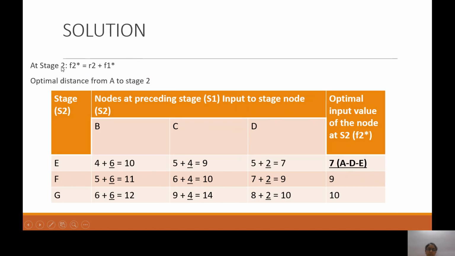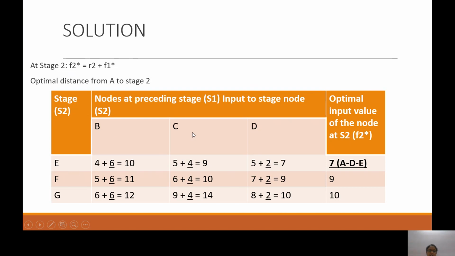Table 2 or stage 2, recursive equation. You have to note that you have to write the recursive equation for each stage properly. Okay, this carries marks in your exam also. In the marking scheme, half a mark or 1 mark is given for your recursive equation. So you have to develop this and write it for each and every stage before you show the calculations. So now we move on to stage 2.